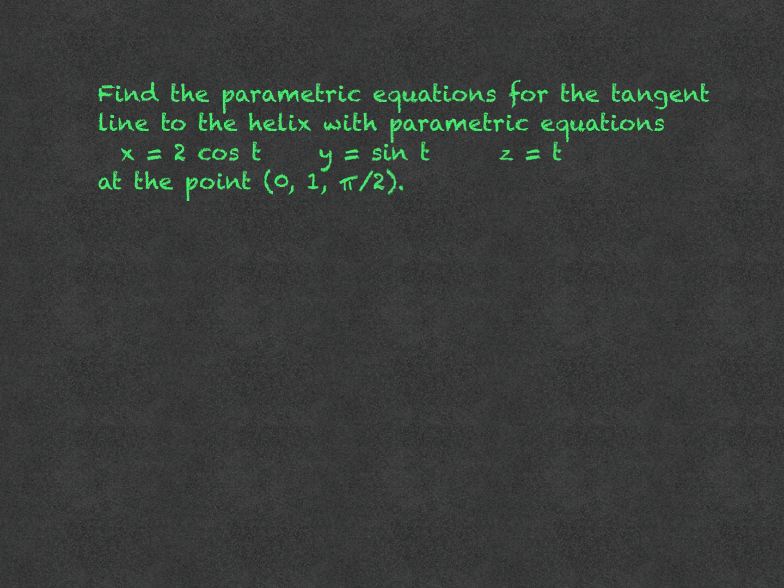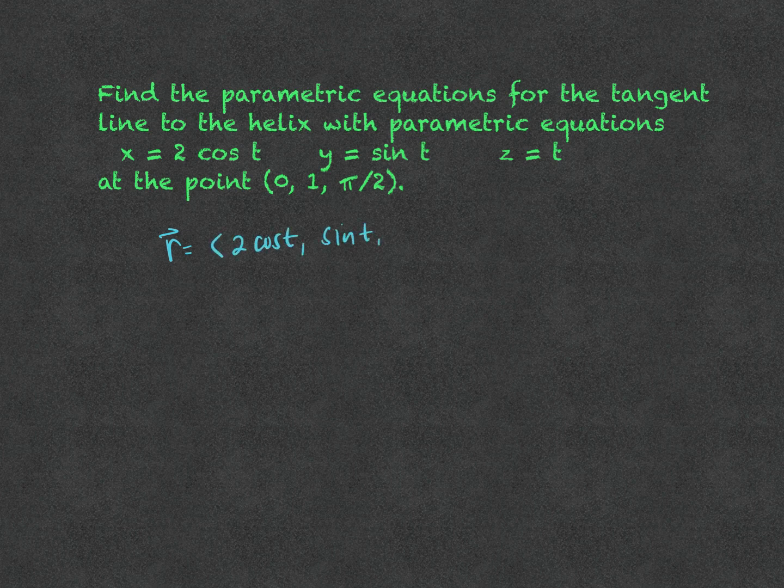This one says find the parametric equations for the tangent line to the helix, given the parametric equations x equals 2 cosine t, y equals sine t, and z equals t at a specific point, (0, 1, pi over 2). Good news. No sketching involved. Just find the parametric equations. So let's start with, let's put this into a vector. So r equals 2 cosine t,